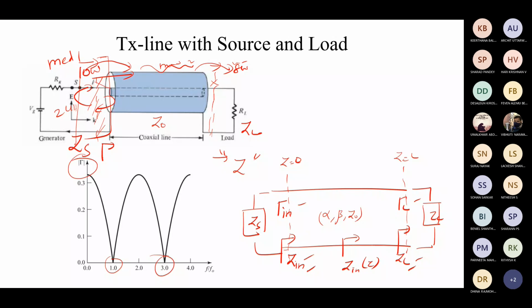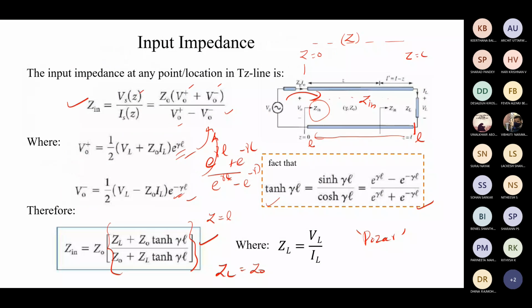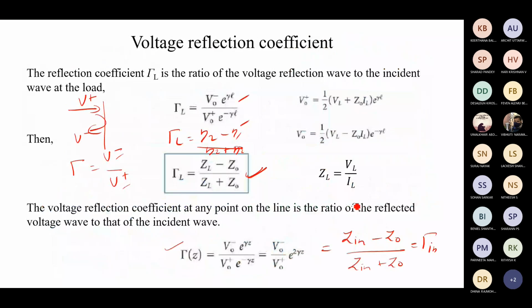Now once these equations are arrived at for a given condition, we can calculate how to make this value 0. This equation suggests that if you make the input impedance equal to Z0, then the value will become 0 and the reflection coefficient will become 0. And how to make the load reflection coefficient 0? We have to make the load impedance and characteristic impedance equal. So what that indirectly means is